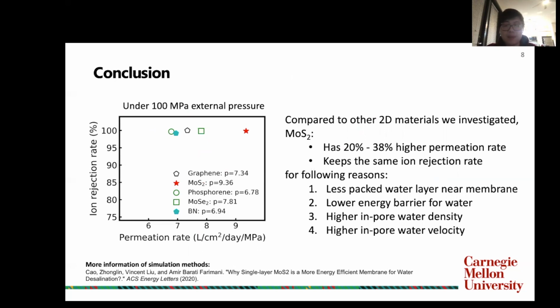Using MD simulation, we discovered that the high permeation rate of MoS2 is a result of four reasons, including the less packed water layer near the membrane, lower energy barrier of water, higher in-pore water density, and also higher in-pore water velocity. The detailed information of the simulation method is covered in the published paper of this work in